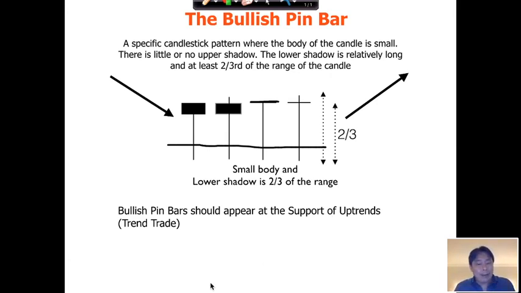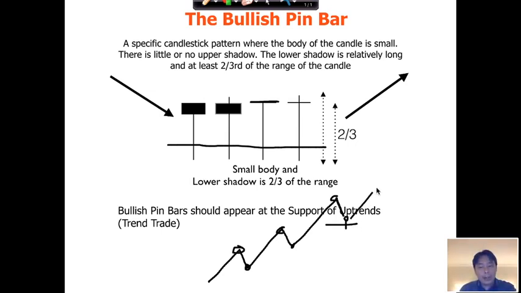So basically, an uptrend is one where the price is going up like that. All right, it's a clear uptrend, right? Upward movement, and it makes higher highs and higher lows. So the overall trend is up, but the price comes down temporarily and forms a bullish pin bar. All right, and it's at a support level. Then and only then is there a high chance the price will continue going up, and that's where I'm going to buy. Okay, so the bullish pin bar has to appear at the support of an uptrend, make sense, and not anywhere else. All right, so that's the bullish pin bar.